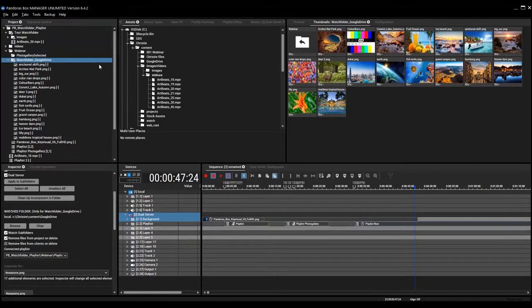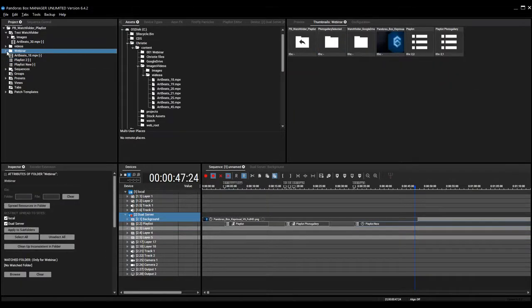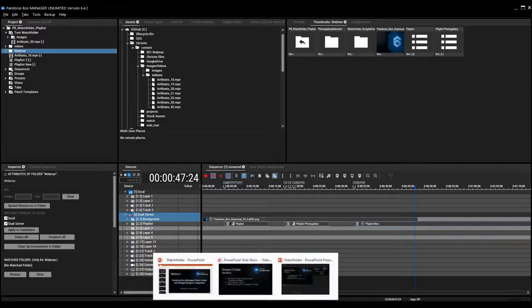Okay, so we have learned how to set up a watch folder in Pandoras Box, how to use the linking between a watch folder and playlist, how to use the TreeView and Widget Designer in combination with Pandoras Box, and how to use a shared folder in combination with the watch folder. And now the next topic is the watch folder in Widget Designer,